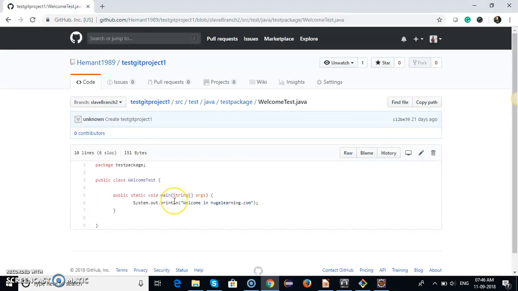So this time, on the same file, welcome test, some other engineer who is working on slave branch 2 also performs some actions here. First of all, it is the responsibility of the second engineer, on slave branch 2, that each and every time, in the morning when he starts performing some task, he should take a pull from the master branch, so that all the updated code comes into his system and he can perform all those actions accordingly. But unfortunately, suppose he forgot to take the pull in the morning,